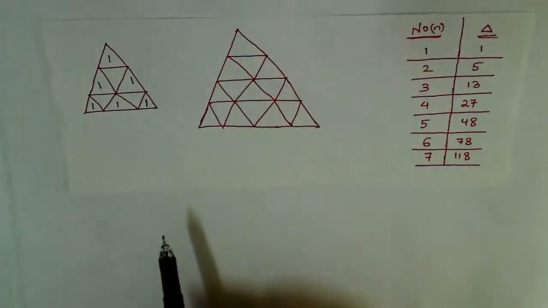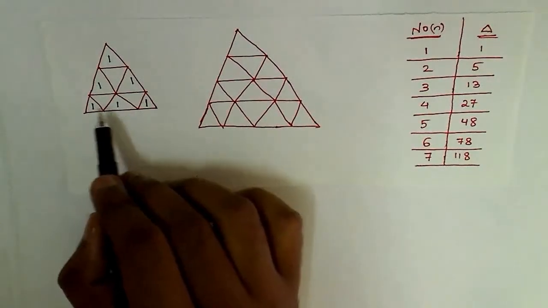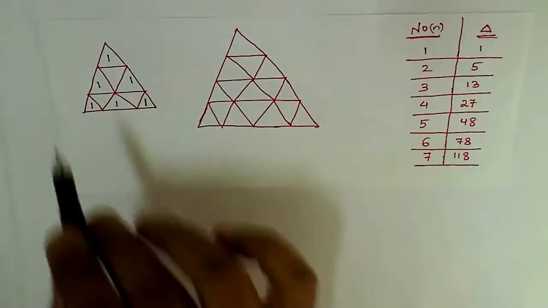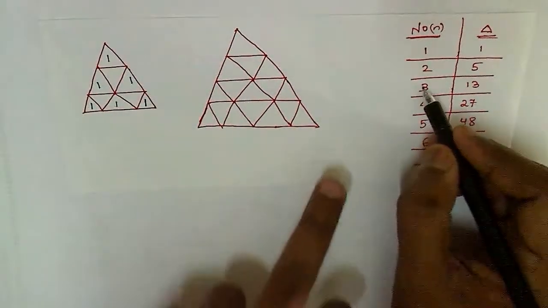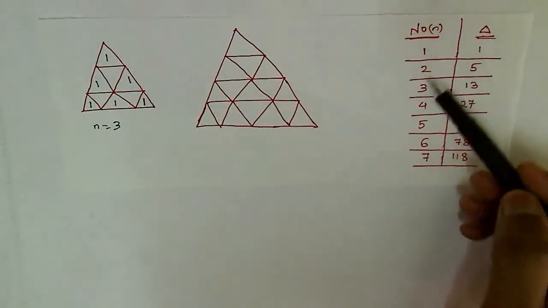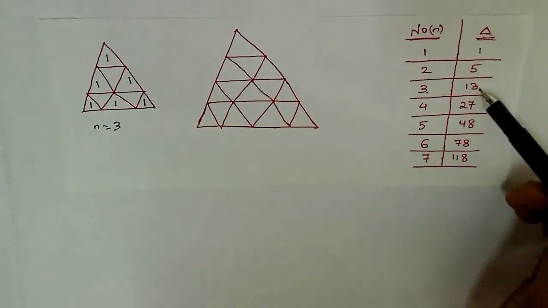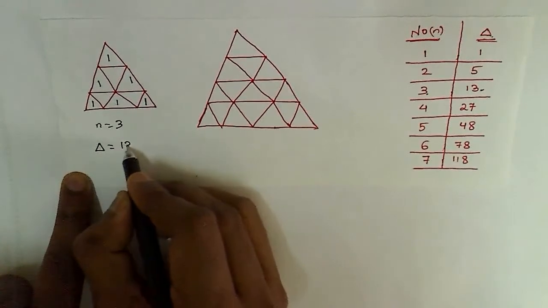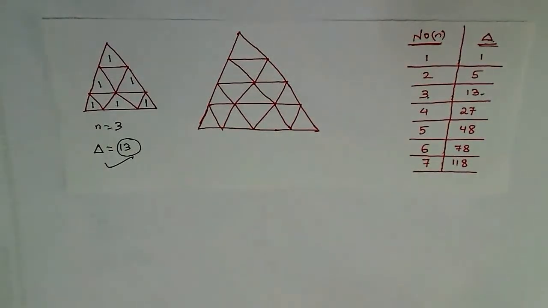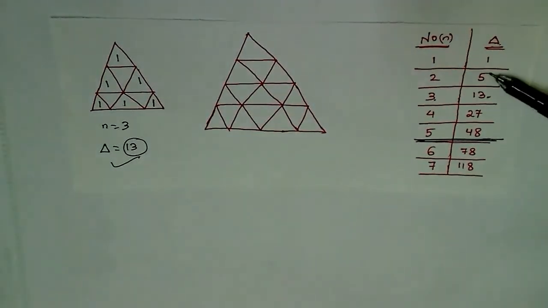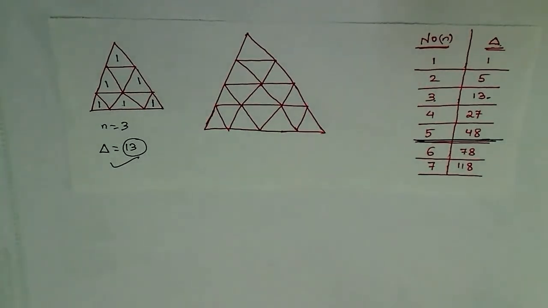Okay, so if the same number of triangles are there irrespective of the base, then what to do? So how many triangles are there? 1, 2, 3, 1, 2, 3, 1, 2, 3. So in all the directions we have 3 triangles. So in that case, here value of n equal to 3. And if value of n equal to 3, the number of triangles becomes 30. So total number of triangles for this figure will become equal to 30. So this table you have to remember. Mostly in exam they will give till this 5. So at least these 4 values you have to remember.